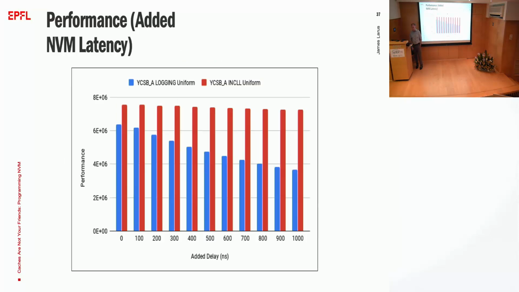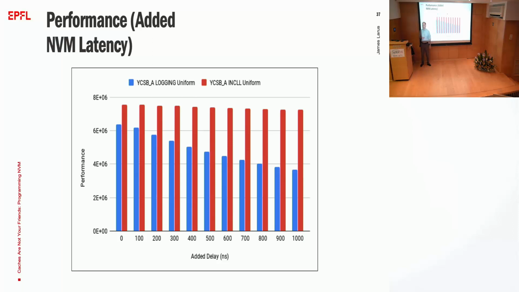And one of the other ways of looking at this, there's a lot more data in the paper, but one of the other ways that I sort of like is that this is basically looking at increasing the delay of going to non-volatile memory. Zero cost as compared to DRAM, and then a microsecond at the other end there. And what you can see is the blue is a uniform distribution and